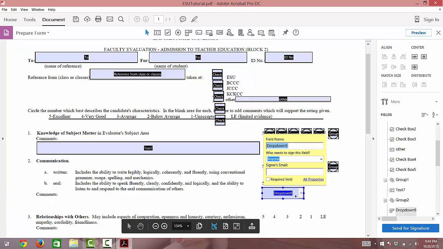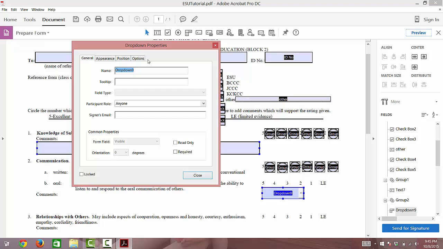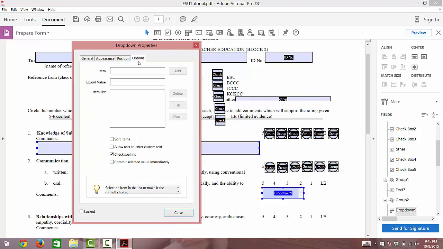After you have added your drop-down list, you need to adjust the properties. So click on All Properties, and we need to add our actual choices. So I'm going to click on Options, and next to Item, we type in our first choice. First choice is 5, so I'll type 5 and click Add. Then I also need the option for 4, so I'll type 4 and click Add. Then I'll do the same thing for 3